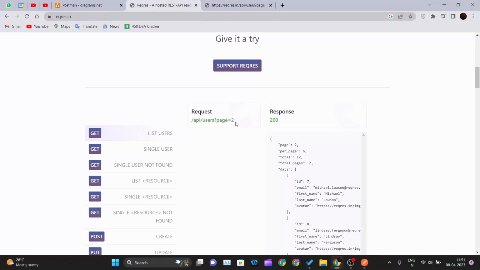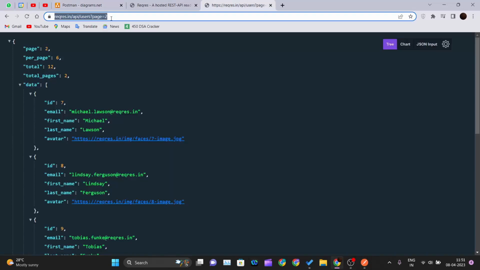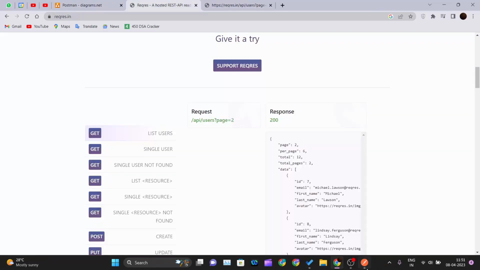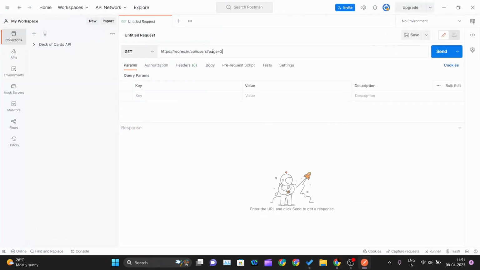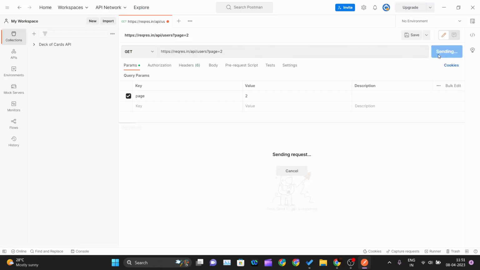So now we go ahead and get this URL and paste it in our Postman. Okay, so let me copy this. I go into my Postman, I will paste my URL, and as soon as I paste, you can see query parameters get updated, because after the question mark, what is the key? Key is my page, and what is the value? 2 is my value. Okay, and since it is a get request, I will select get from this drop down, and I will hit